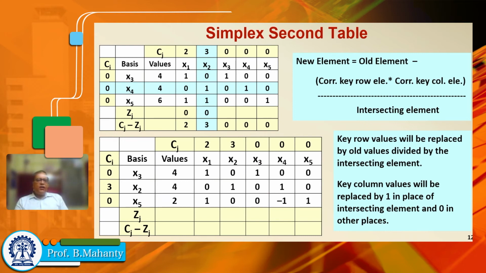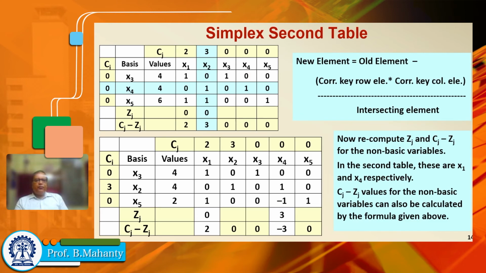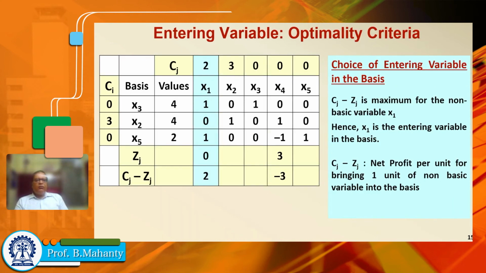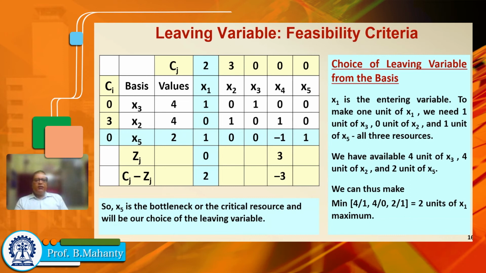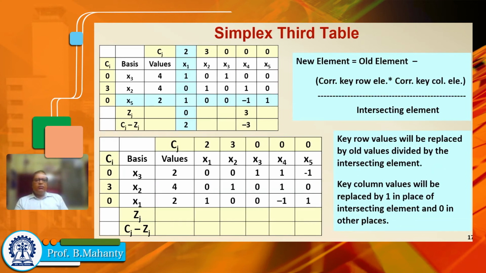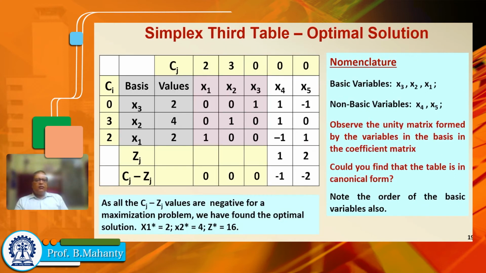And thereafter, from the second table, x4 is the leaving variable and x2 is the entering variable, and we again use the formula and we get the third table. From the second table we then find that the entering variable is x1 and x5 is the leaving variable, and from there the third table is obtained by using the similar formula. The third table is our optimal table, because all the Cj minus Zj values are negative